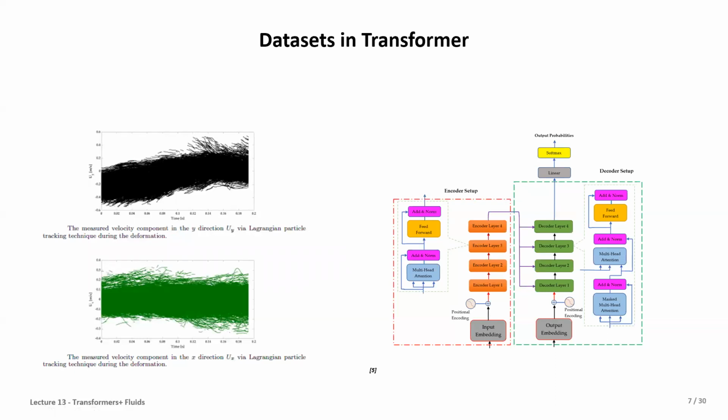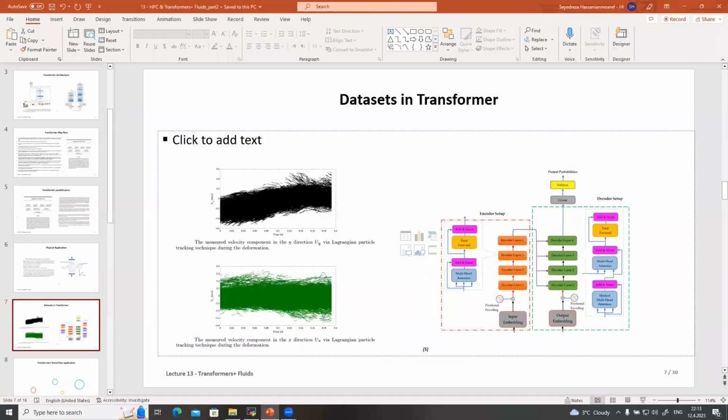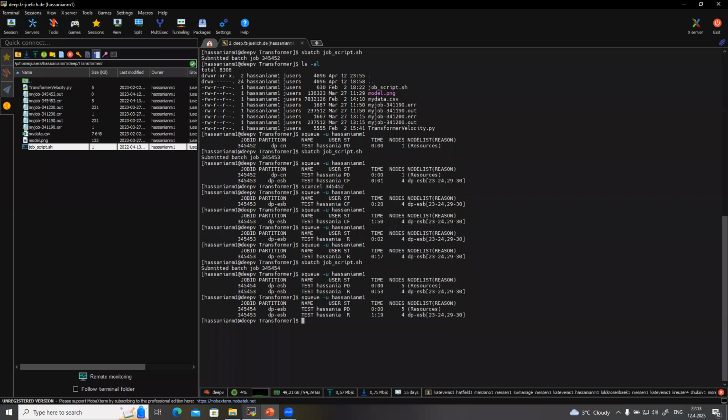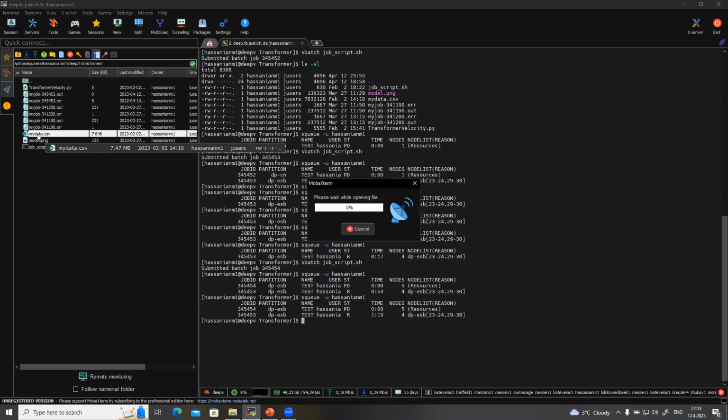Now let's have a practical example from this transformer. As I told you, this model is used on the physical data. We can try to run this simulation. If we look at the data,